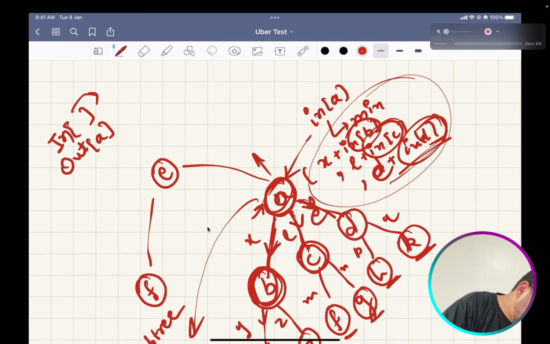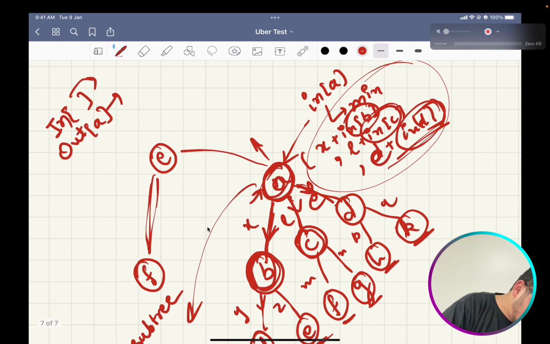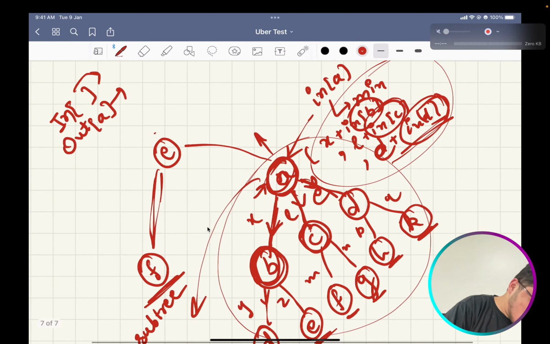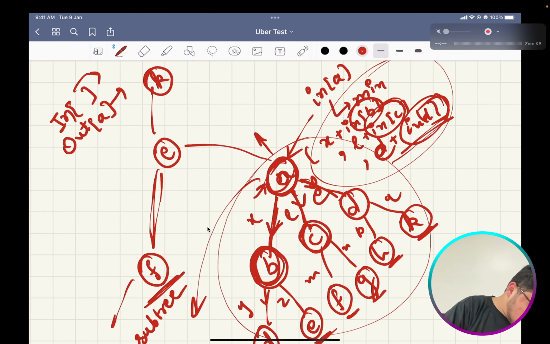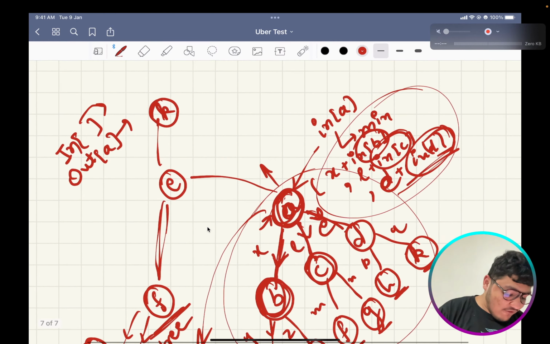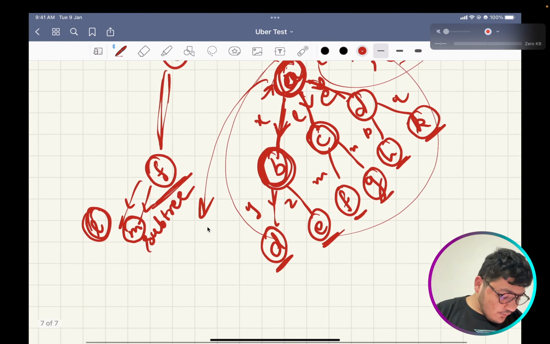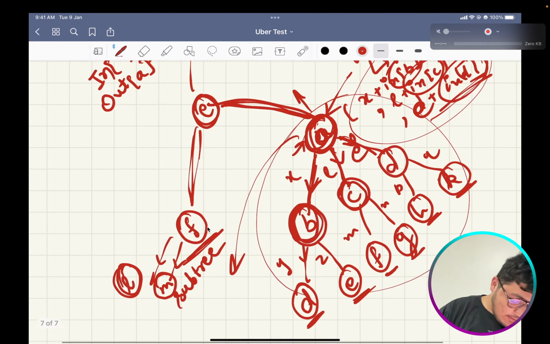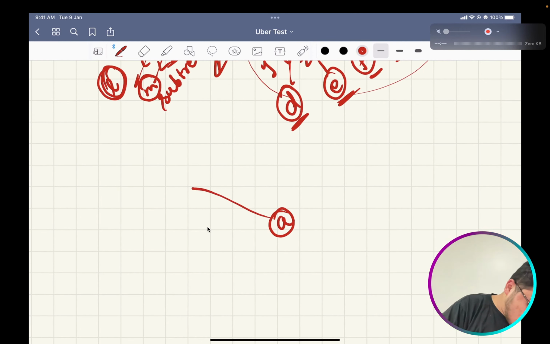Out of A means all those nodes which are outside of the subtree of A, like L and M. If you know out of parent, then you can calculate out of A. Let me draw it again for better clarity.